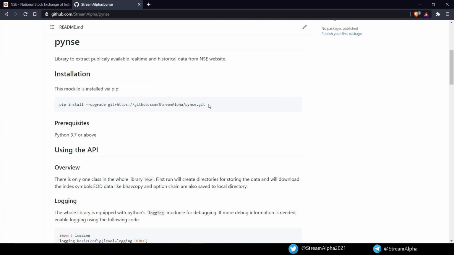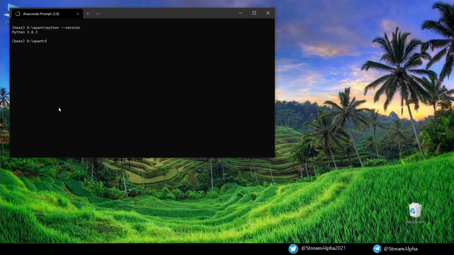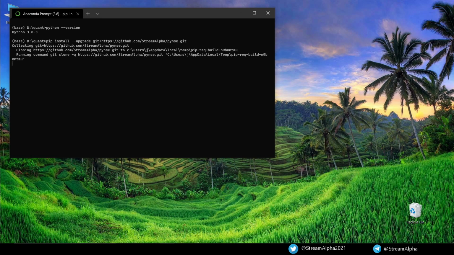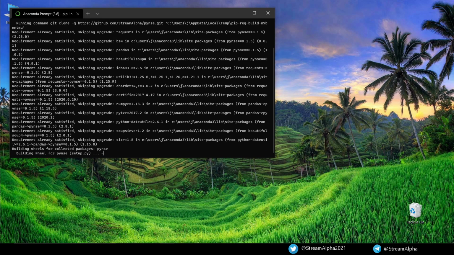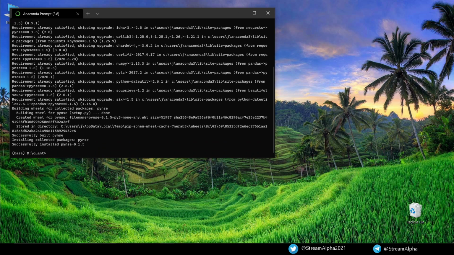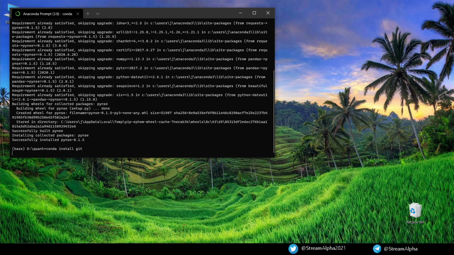Now to install, you need to open the link given in the description. Copy this command, pip install git plus link for the repository. Paste it onto the terminal, press enter and let the installation complete. Sometimes you might face the git error, cannot find command git. In that case, first you need to install git using conda. For that, type conda install git, press enter to install.